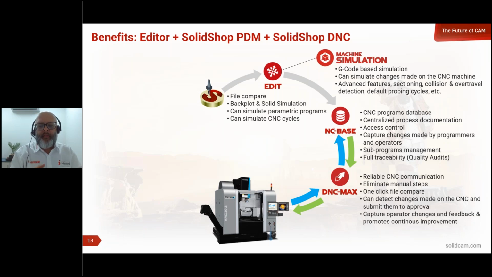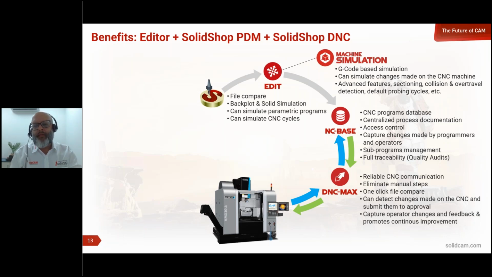If you have DNC Max and the PDM, the operator simply uploads the program to the PDM database, and it's going to stay there for years if you want. If you cannot take care of that problem right now, no problem. The operator can safely delete the program from the CNC memory. The PDM database already has a copy of it, but we'll put this on hold and say, I need the programmer to accept this change or not.